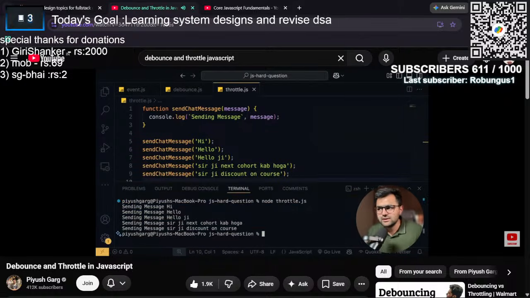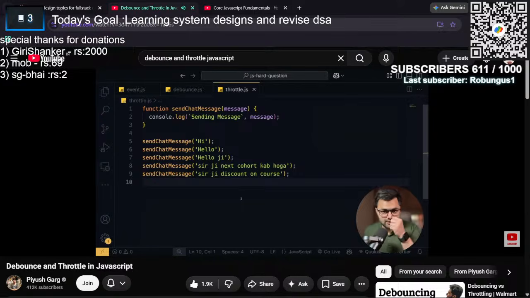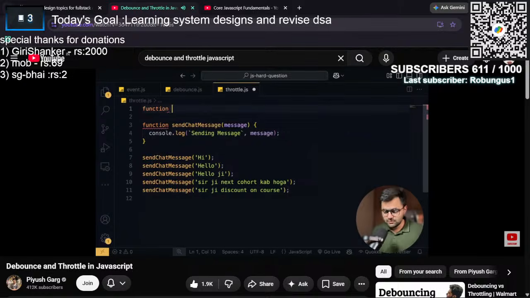यू कैन सी सारे मैसेजेस चले गए, ये तो स्पैमिंग हो गई ना। अब हमें क्या करना है ना, हमें स्लो मोड इनेबल करवाना है। मैं चाहता हूँ कि 1 सेकंड या फिर 2 सेकंड में एक ही मैसेज आ पाए, ठीक है, मतलब 2 सेकंड के बाद ही तुम अगला मैसेज कर सकते हो, ठीक है, या फिर आप 1 मिनट भी ले सकते हो।